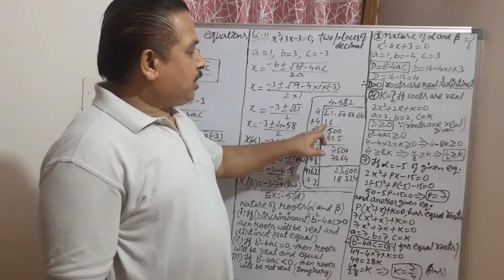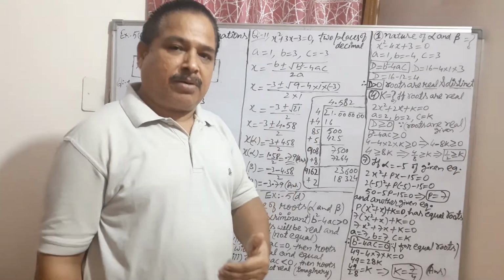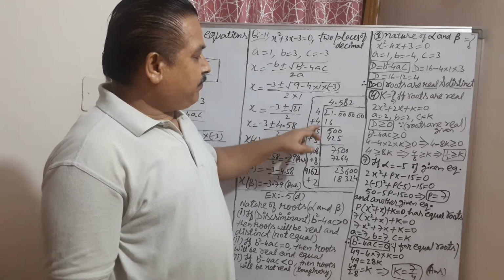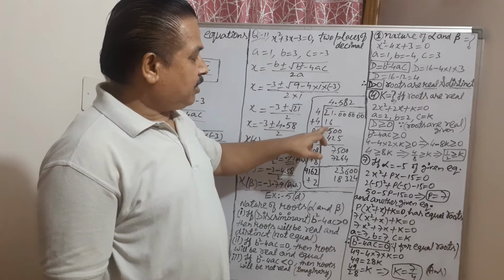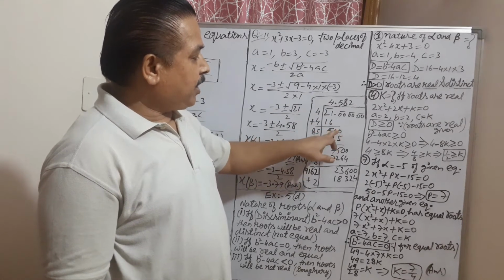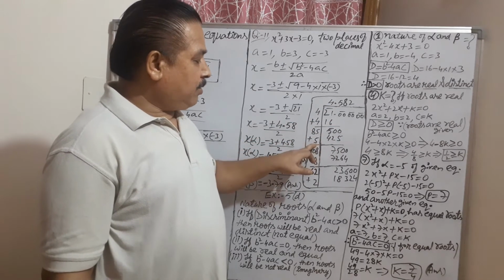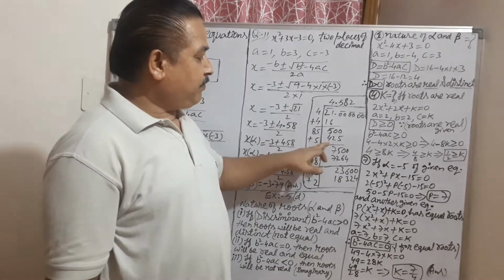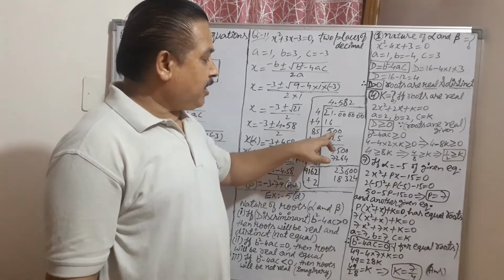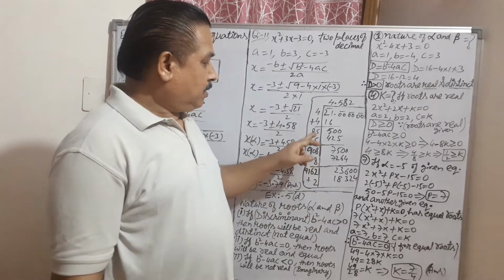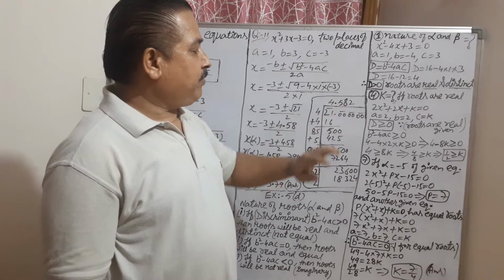3 pairs, and 4 fours are 16. Whatever number you take over here, you have to multiply with the same number. 4 fours are 16; if you take 5, 5 fives are 25 will be greater than this. So don't take 5, take 4. 4 will come here, 16 minus 5, take the next pair, before the next pair put a decimal over here. 4 plus 4 becomes 8 and then put 5 here, then multiply by the same number 5. 85 fives are 425. If you take 6, then you have to multiply by 6, so it is going to be greater than 500, so don't take 6. 5 is the proper number. Similarly you have to do further. So what is coming? 4.582.